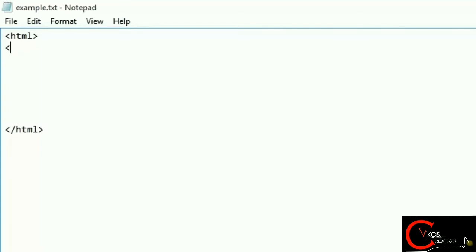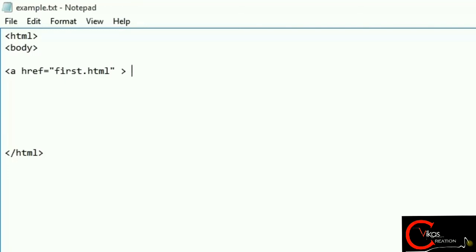First, as usual, we have to write the body because this is a compulsory part, and then we will use the anchor tag. The anchor tag starts with A and we have to use the href, referring. So we are referring to, is equal to, we have to specify the name of the file. We have not created any file, but we will name the file first.html. So when we click on the click here button, the first.html will be called. Now we will close this.